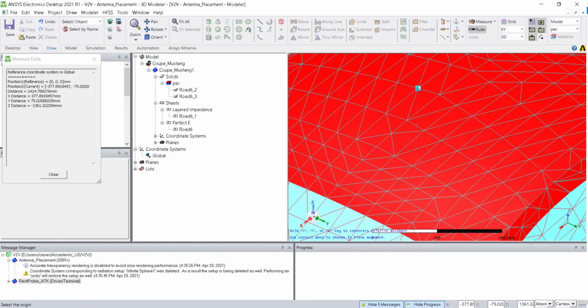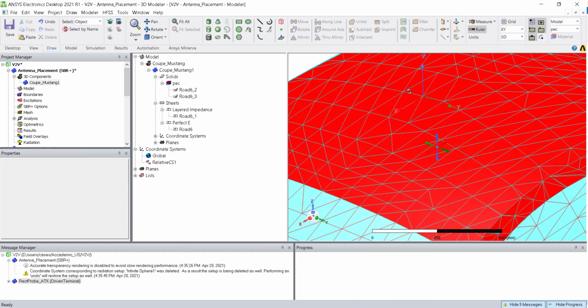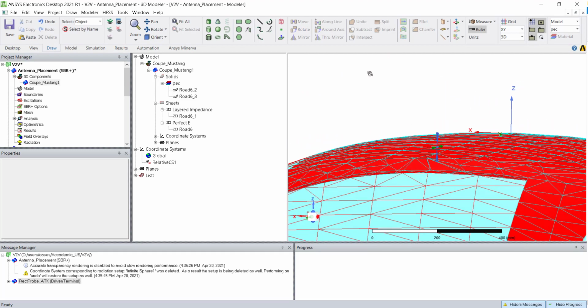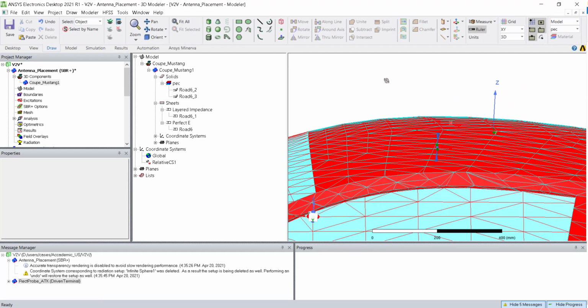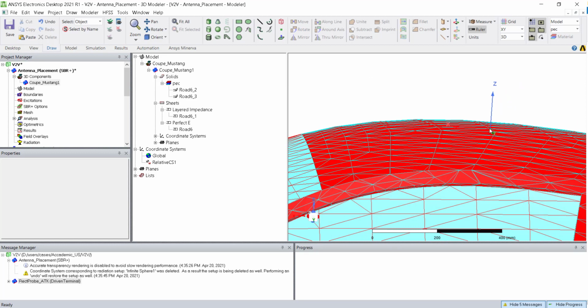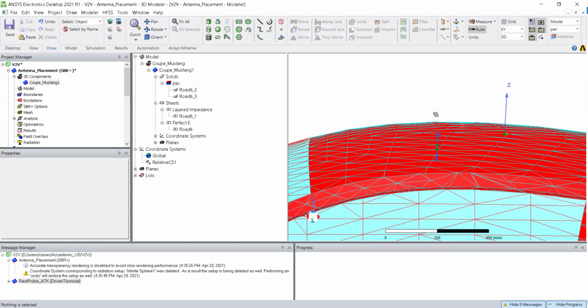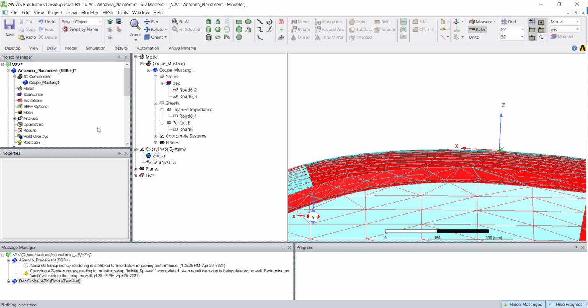It will automatically snap to every point, so you can see it automatically came. But usually SBR won't allow you to touch your antenna to this body. So we just need to increase a 2 mm gap height in the Z direction. Now you will see that this is placed.